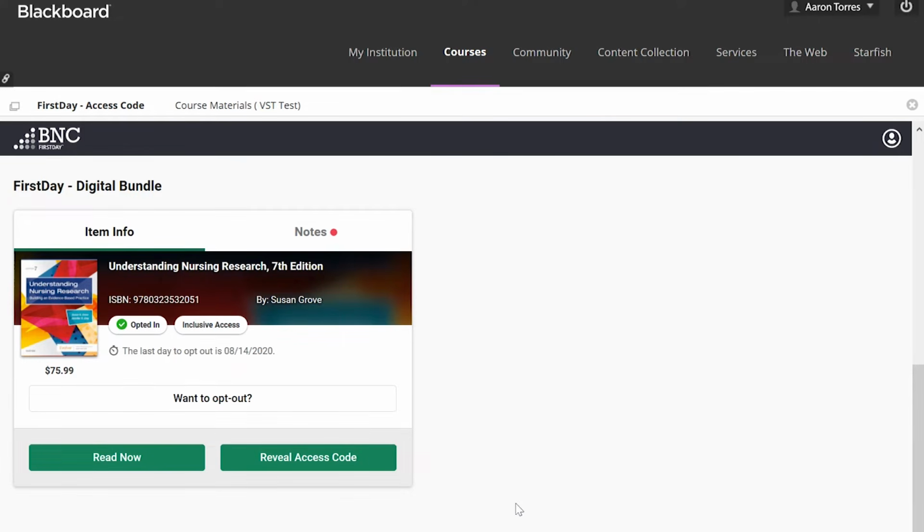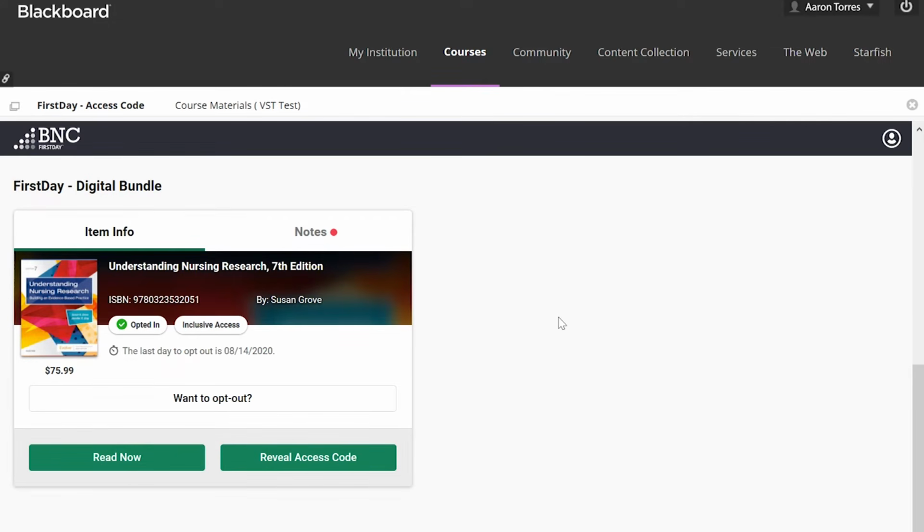Publisher courseware may be delivered in one of three different methods: publisher delivery, single sign-on, or access code reveal. If your course includes publisher courseware and the material is embedded directly in your course through deep linking or learning modules, you will only have the option to opt out. The notes section of this type of course will inform you where to go to locate your publisher courseware.